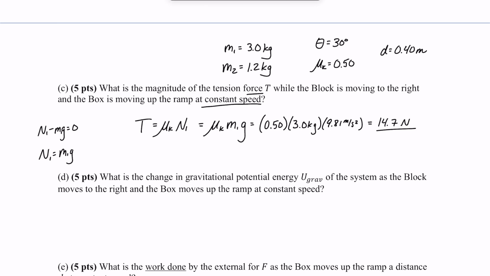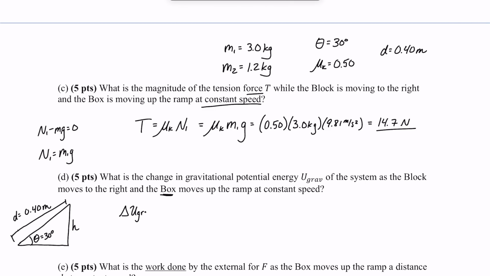Next we're asked to find the change in gravitational potential energy of the block as it moves right and the box as it moves up the ramp. And we're assuming the block never reaches the pulley, so the box is the only one moving. And so what we'll want to do is again draw a triangle here, where we're told that our box moves some distance 0.40 meters up our hill. The hill has an angle of 30 degrees,